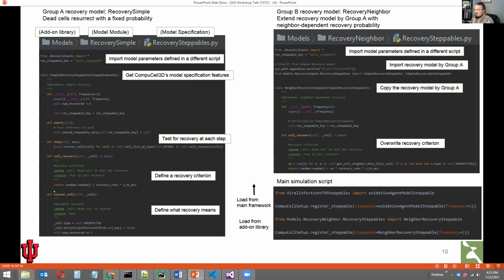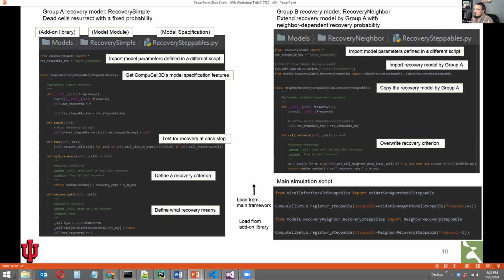In this case, the first group defines a few different functions here, one being a criterion for when a dead cell is replaced by an uninfected cell, and then an actual implementation of what that looks like. So what does it actually mean to put a new uninfected cell into the simulation? The second group decided that they would like to improve the details of the actual recovery criterion defined by the first group.